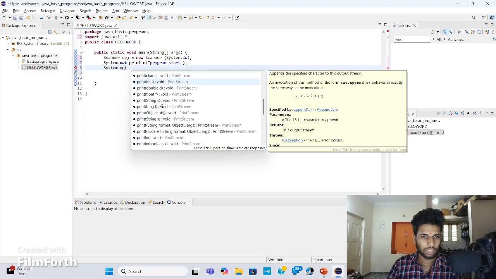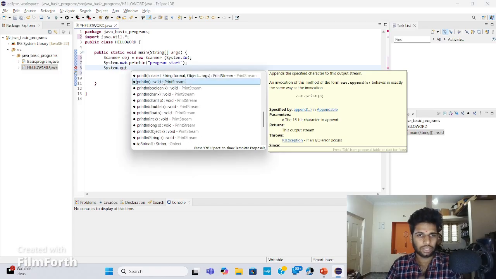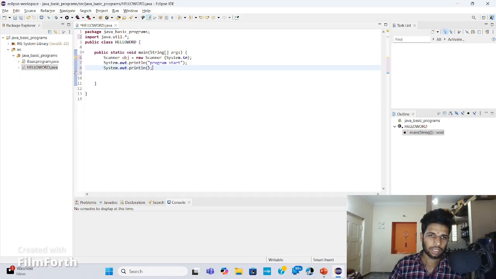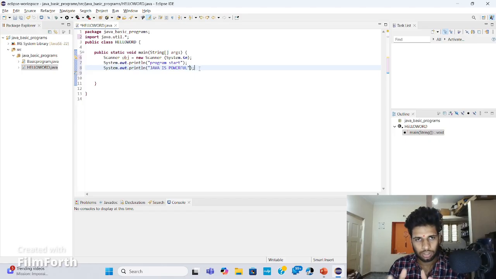If I search here, you can find it. Click enter. Again I will give here, "Java is powerful." Okay, so I have completed. Everything you write in the println statement, when you have to give strings, you give it in double quotation marks, and at the end we close using the double quotation. So we end our statement in System.out.println with the double quotation,